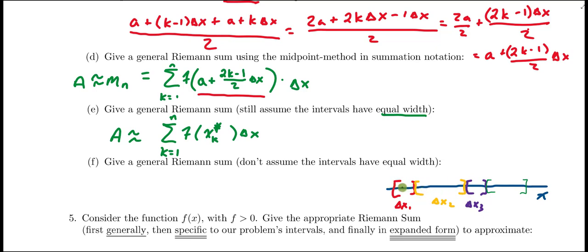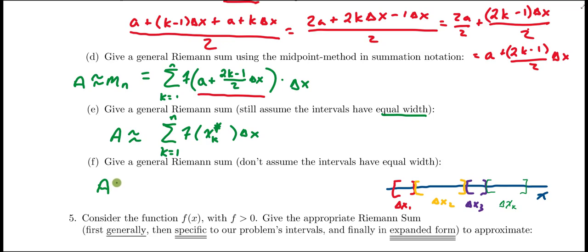So here's my first interval. It has a particular width. We'll just call that width delta x1. My second interval has a particular width. We'll just call it delta x2. And more abstractly, if we were way out here, maybe we'd call this delta x sub k for the width of the kth interval. So for that reason, folks, if we want to be even more general with our Riemann sum,